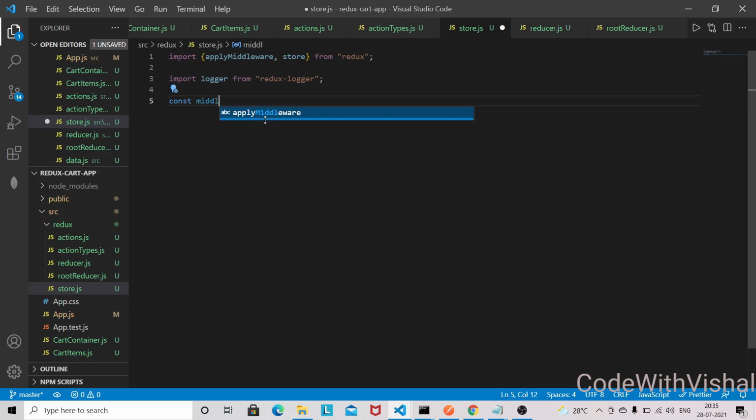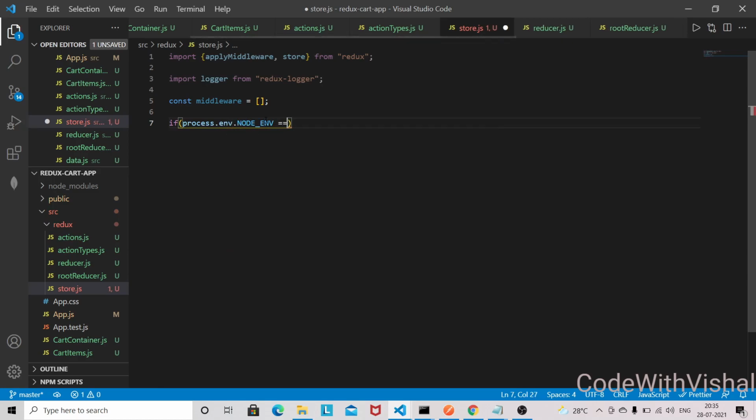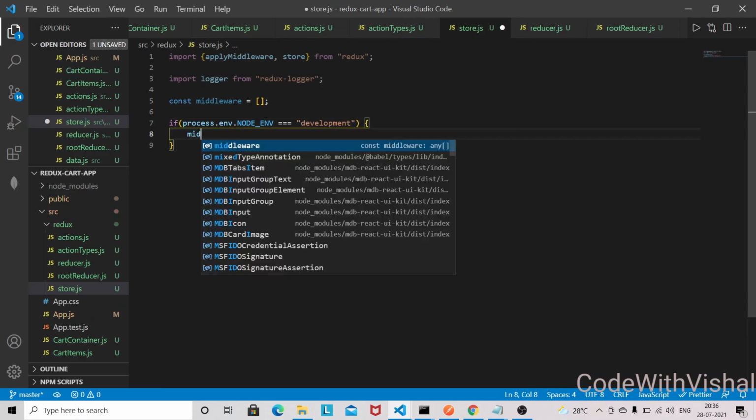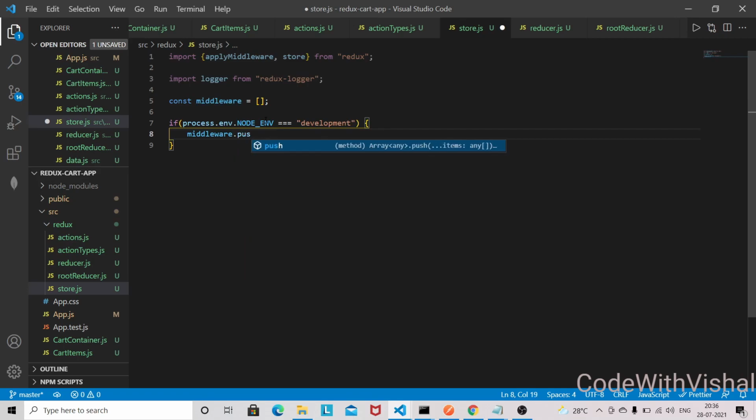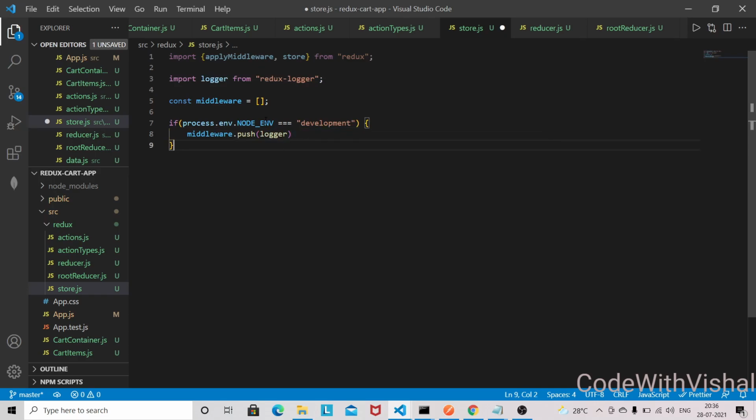So middleware will be empty, and I will check if you are in development mode, then only logger is required, else in production mode we don't want this logger. So middleware.push and logger, and now we need to define this store here.